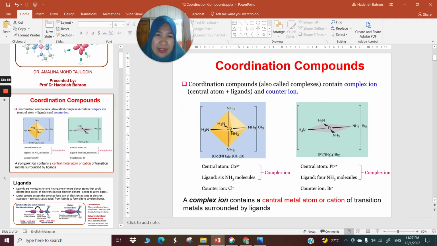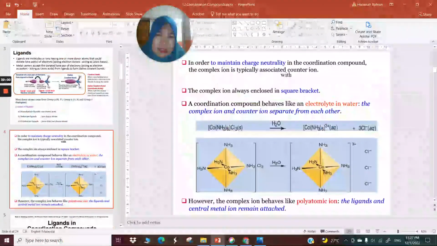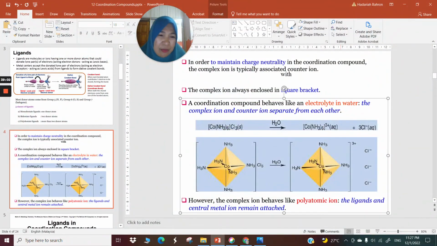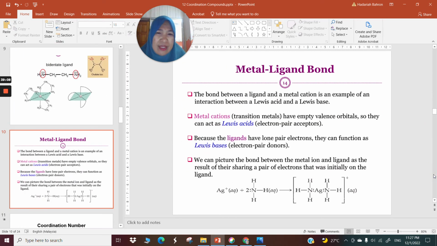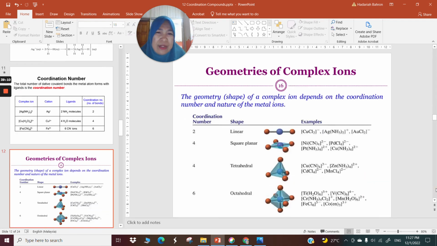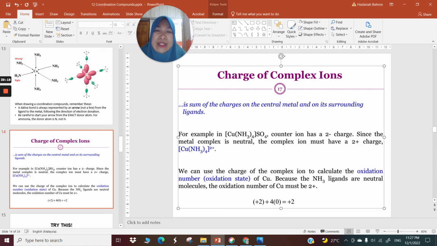Here, yeah? Charge of this complex ion, no, not there. Sorry, huh? Charge of this complex ion, I've explained it to you, but I can explain it again. The charge of the complex ion is actually the sum of the charge of the central metal with the